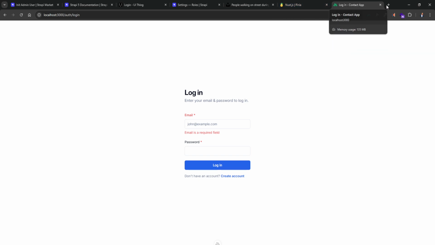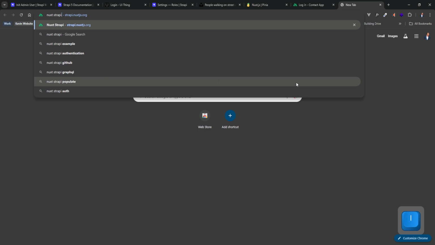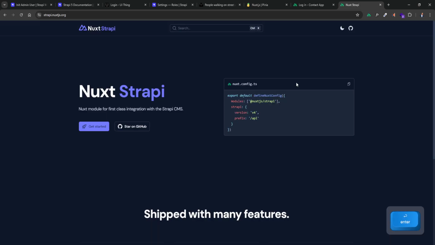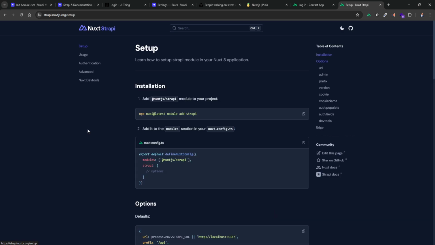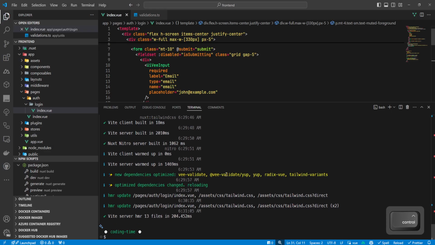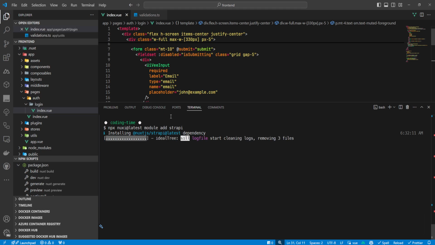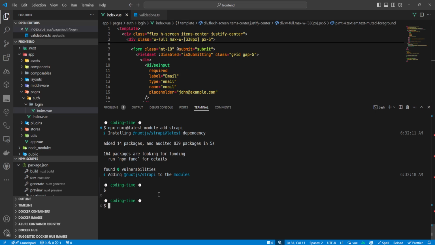To help us with connecting to our API, I'm going to use the Nuxt Strapi module. Yeah, that's what it's called. There's the Nuxt Strapi module. I'm going to click on get started after visiting the website, and I'm going to do npx. I'm going to copy this command, go back to our Nuxt app, stop the application from running, and we're going to paste that in. So this is just going to add the module to our Nuxt application. We're going to run the prepare command after,